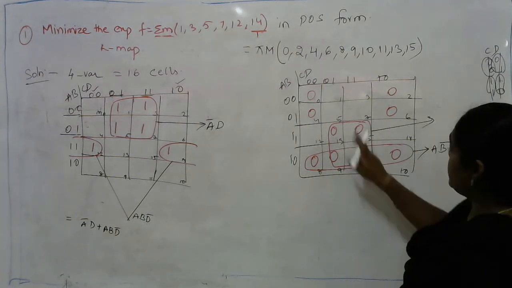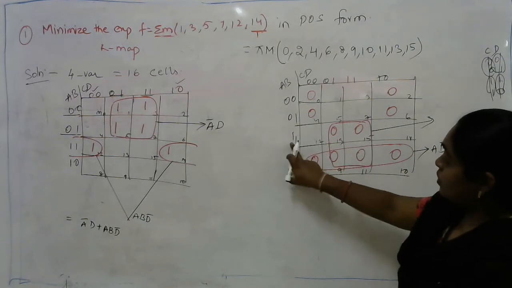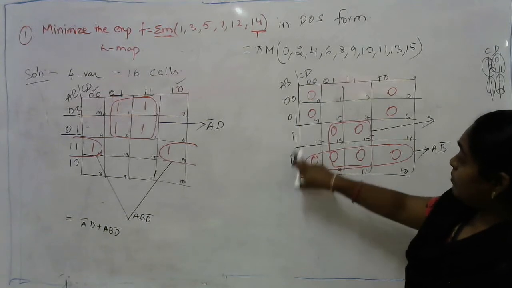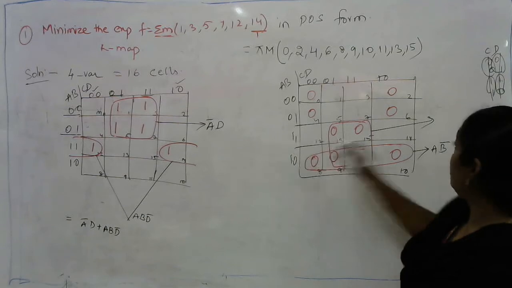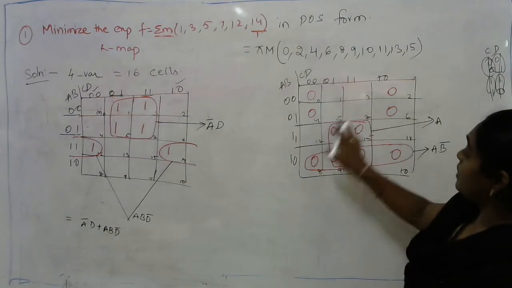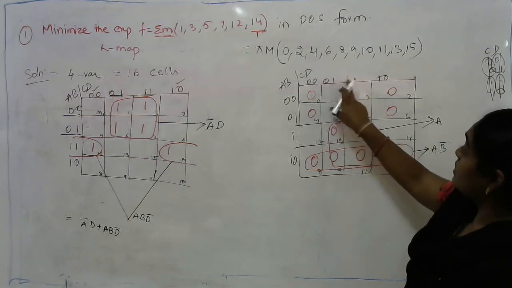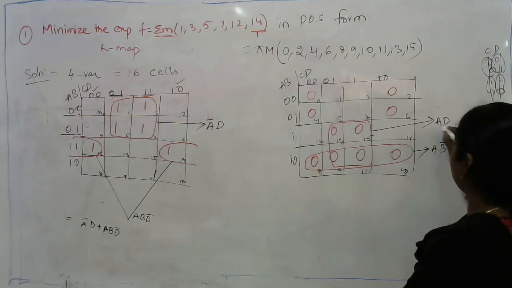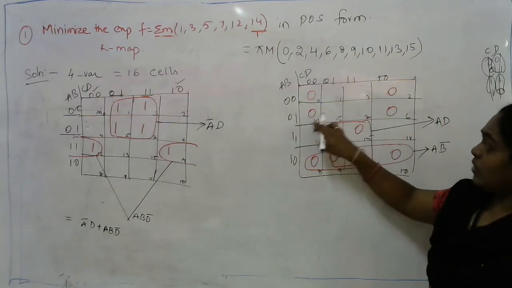This four cells is also a quad. These four cells are related to two rows, which are 1 1 and 1 0. A is having 1 but B is having the opposite constant, so B will be cancelled out, and the leftover is only A with the corresponding row. Observing the columns, it is present in only two columns, that is 0 1 and 1 1. They are in the opposite direction, so the C variable is cancelled out, and the leftover is only D.